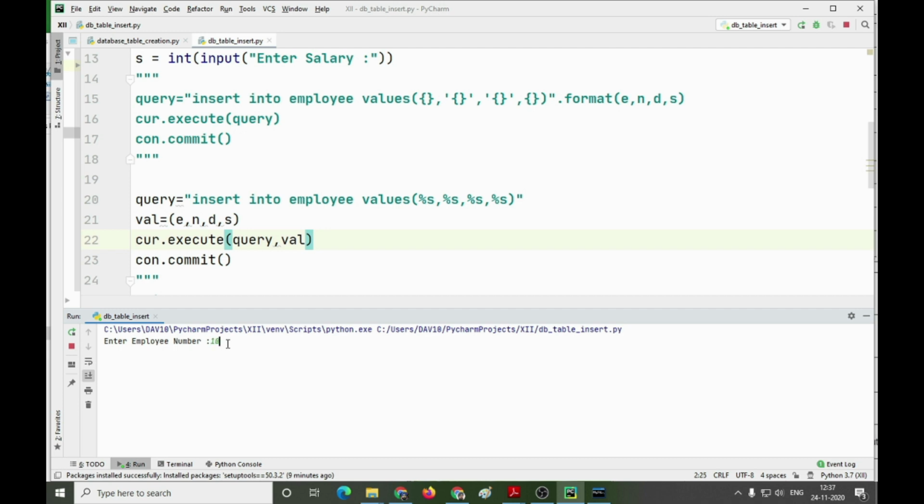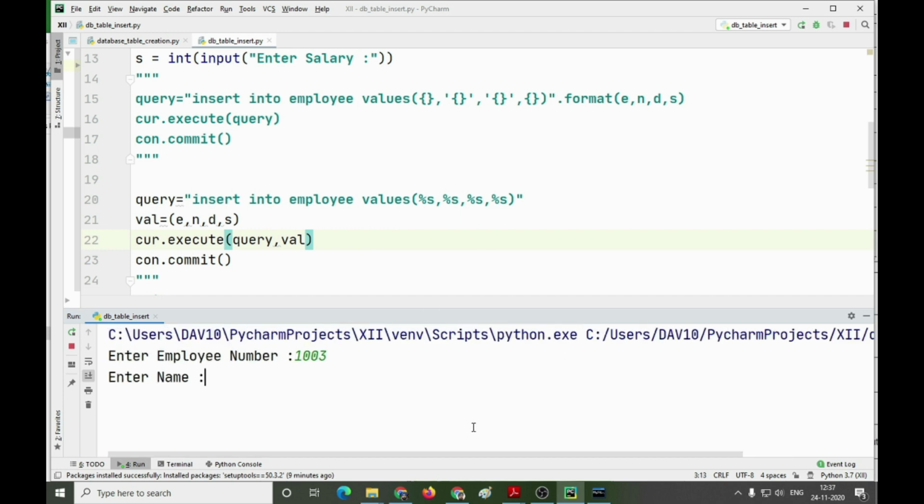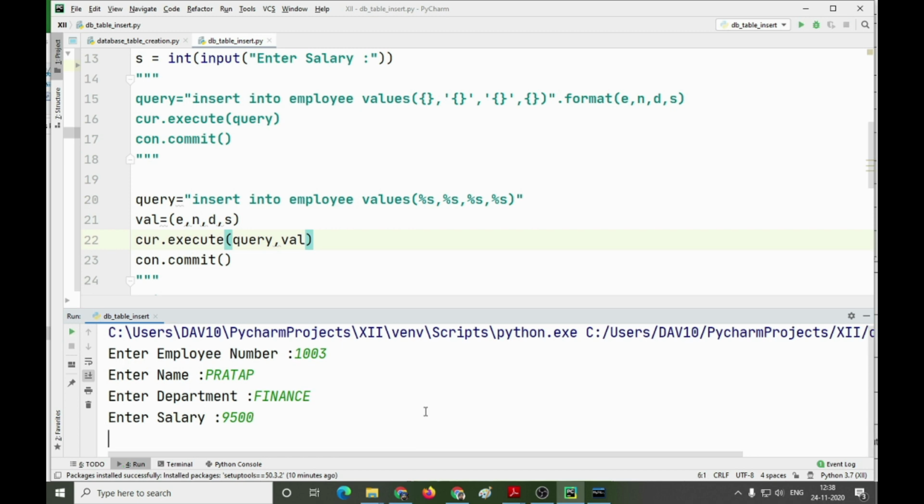Employee number 1003, this time let us store. Employee name Pratap, department finance, salary 9,500.